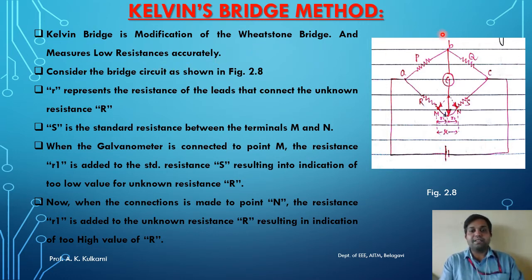If I compare this circuit, Kelvin's bridge, it is similar to our Wheatstone bridge. But if you look at this portion of the bridge, we can observe there are 3 points given, whereas in the case of the Wheatstone bridge, these provisions were not given at all. So let us see the importance of having such a modification to the Wheatstone bridge.